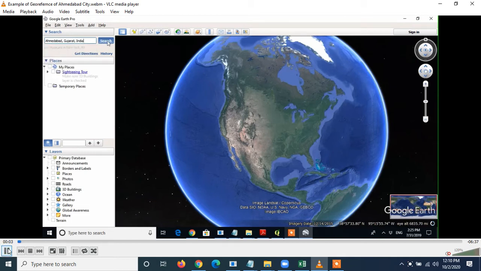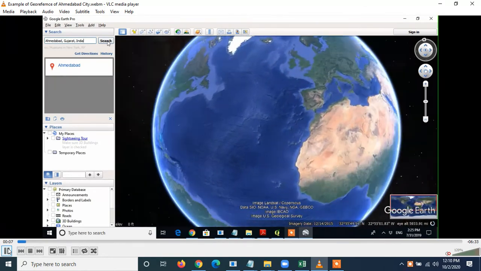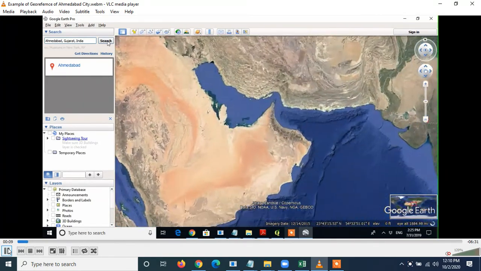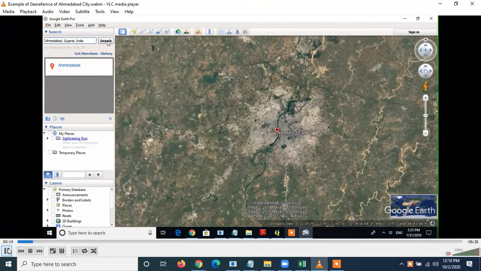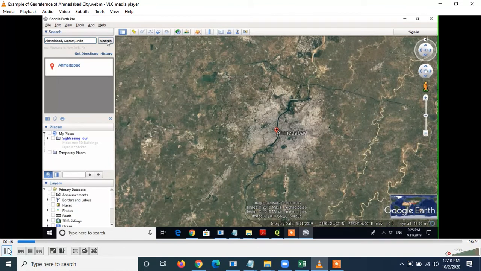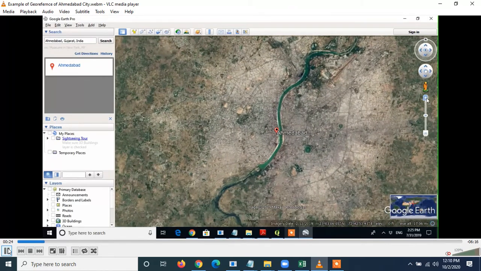In this example, I am first of all going to search Ahmedabad's location in Google Earth. So I have this Google Earth Pro where I have searched Ahmedabad location, and now I am getting that location.